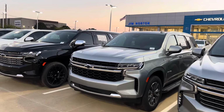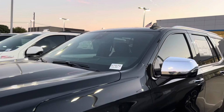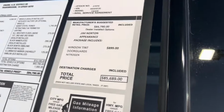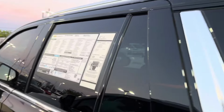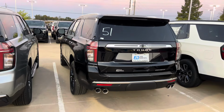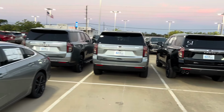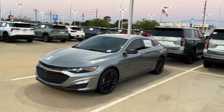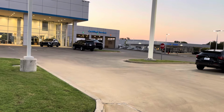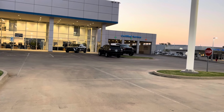And people are literally financing these Tahoes at 6, 7, 8% at $1,500, $1,600 payments literally every month. Look at this, $85,000. You literally have, what, $500 going just to interest alone, not even to your vehicle principal. So you just have to be extremely careful when you're financing these vehicles, not to get caught up in some really bad situation. Just like this truck, if you were to buy this truck and you go